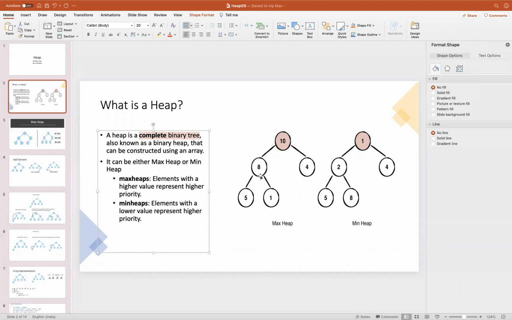Then I cannot put any node below 4 until the parent, 8, is completely filled. So all the parent nodes are filled sequentially, so that there is no gap in between. Hope this is clear.